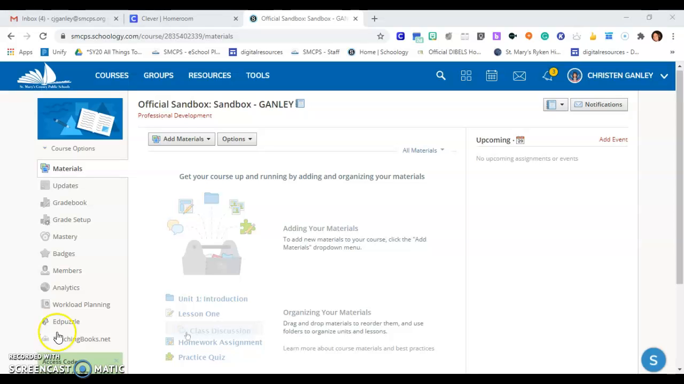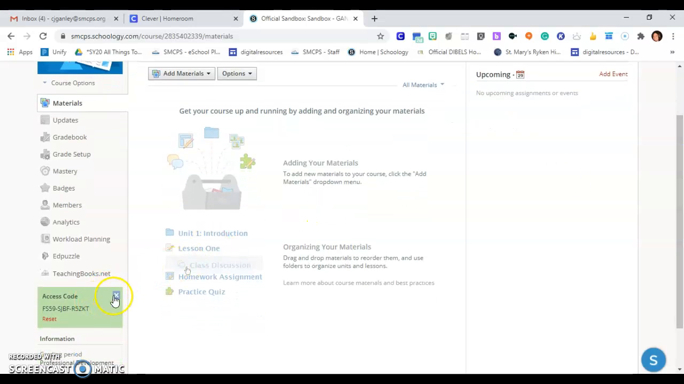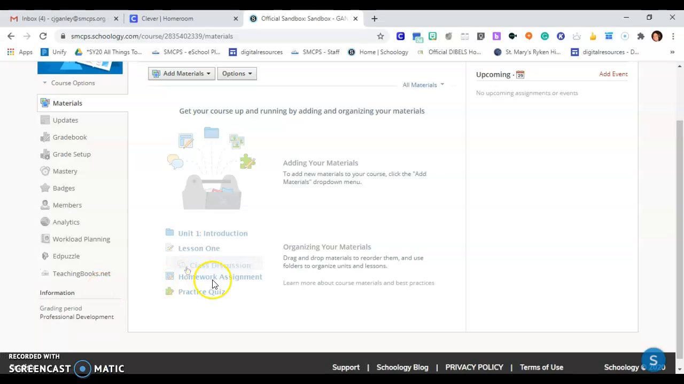But to give more security, he suggested that on our pages in each class, we scroll down to the green box and click the X. When we click the X and hide the access code, we no longer see it on our page, but it is not gone forever. If you wanted to get the access code back on your page, you would click Members,